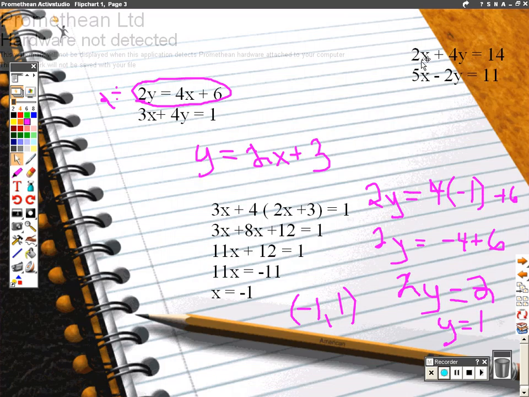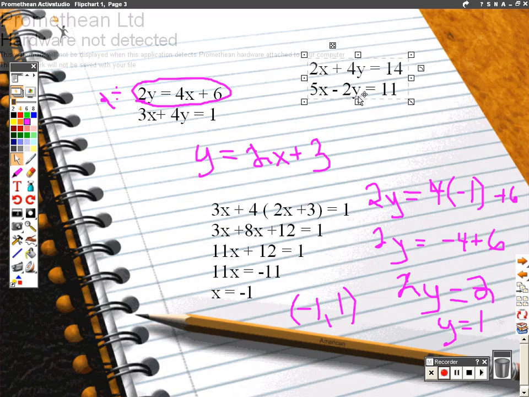Now I'm just going to give you a heads up on what the next video will be about. The next one is going to be linear combination, and that works best when both equations are in standard form. So I have an x lined up with an x, a y lined up with a y, and a plane